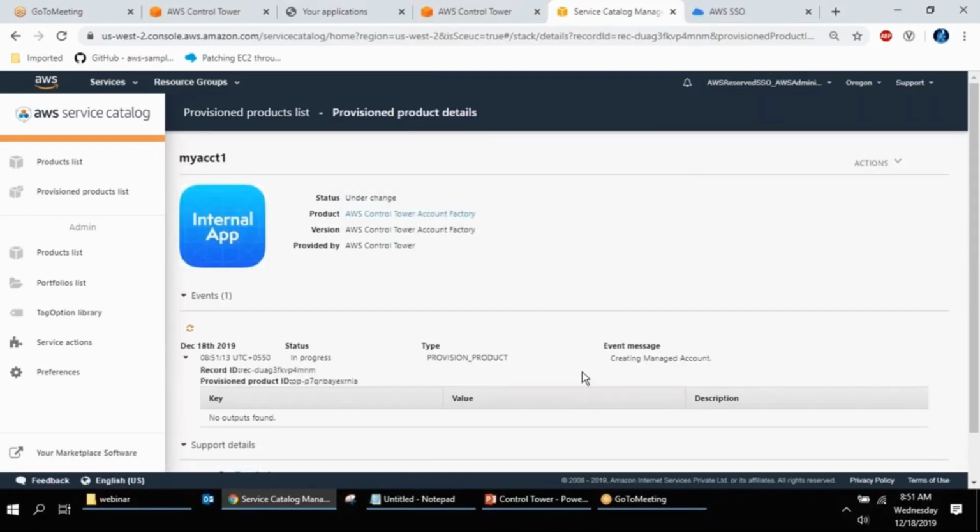So very easy for you, right? In a few clicks you can create a new account with your VPC, with the SSO, and meeting all the AWS compliances. That is the beauty of Control Tower. I hope you have got the idea of what is Control Tower, what is a landing zone, and how to create a landing zone inside Control Tower. This is how you can create your own account. Of course, right now with limitations, but AWS is still developing, so I hope soon we'll get a lot of features enabled under Control Tower. So that's it from my session.